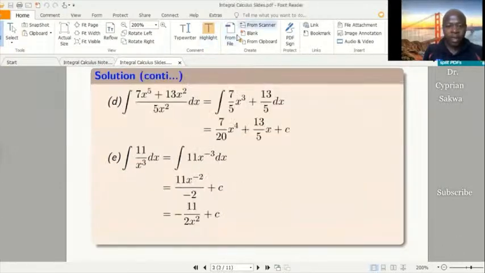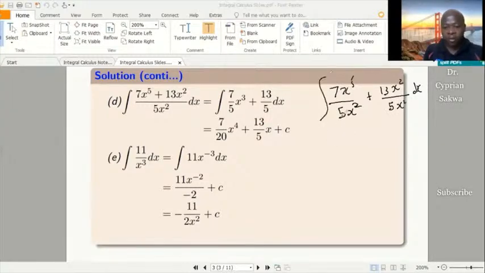Now, part D. I can see that this is a division, so the first thing I'll do is divide through first before I integrate. What I have is 7x^5 divided by 5x^2, plus 13x^2 divided by 5x^2, dx, the integral of this. So when I divide this, what I would get will be